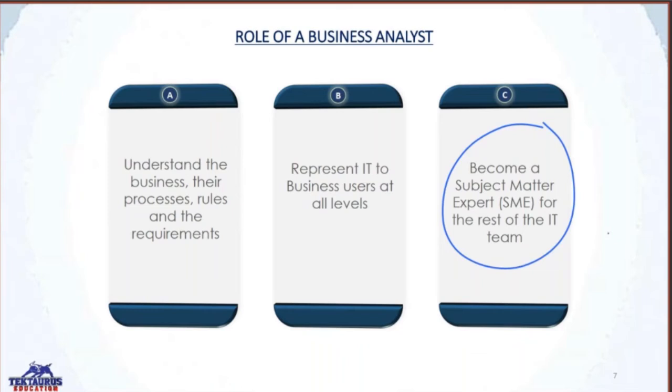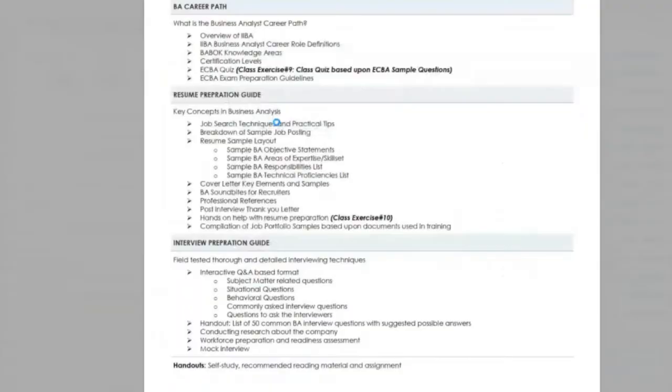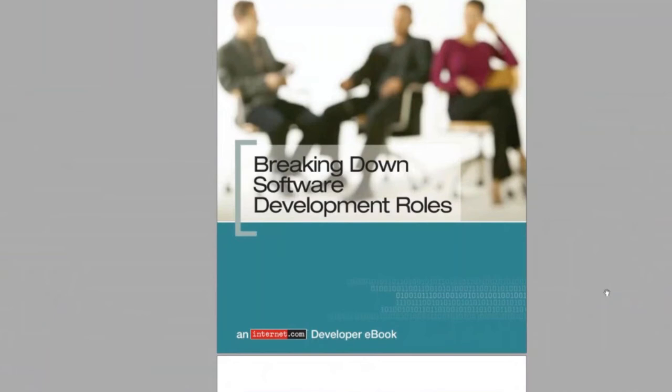Because I don't give assignments the first week, there is only one suggested reading article included in your week 1 package, breaking down software development roles. This is to acknowledge that sometimes some participants have no background in the IT industry, or it may have been a while since they were part of an IT team. It's about 20 pages or so. You don't have to go through all the 20 pages, but